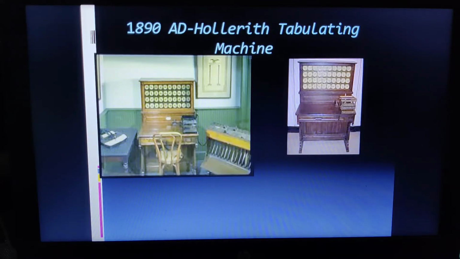Then we discussed Jacquard's loom. In the year 1801, Jacquard's loom was invented by Joseph Marie Jacquard. It was a powered loom which used punched wooden cards, which was able to weave patterns of text and images, and hence it was considered the first read-only memory device.